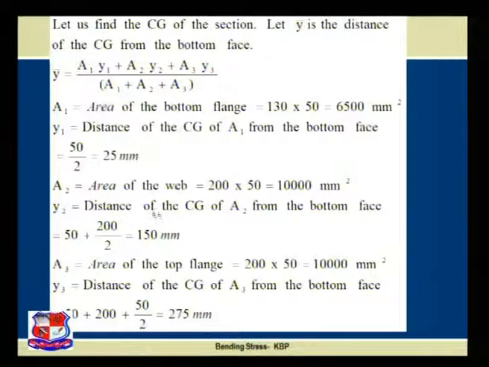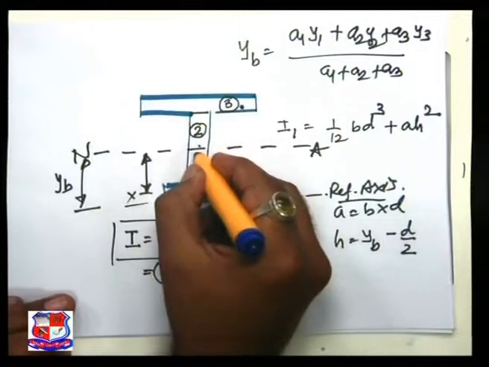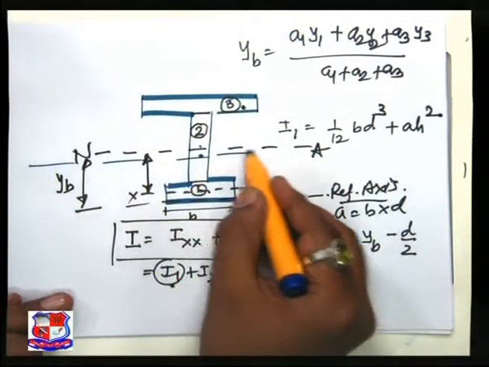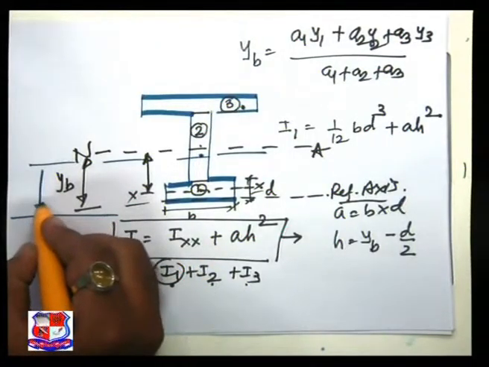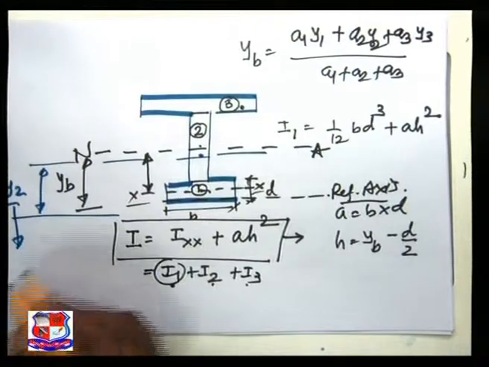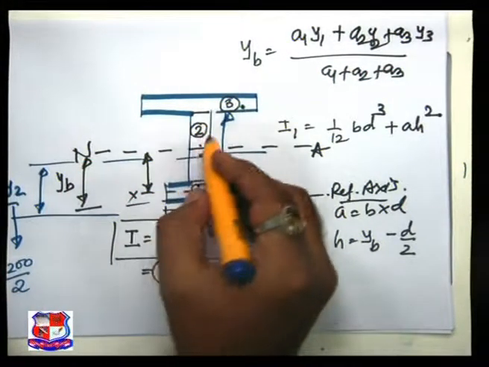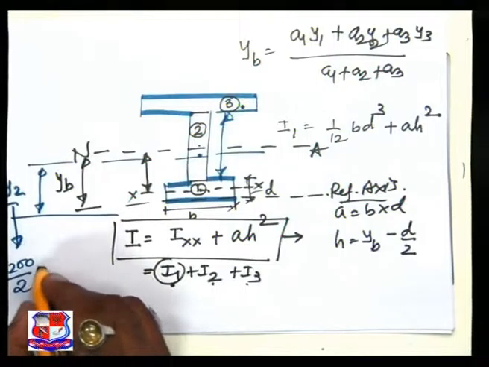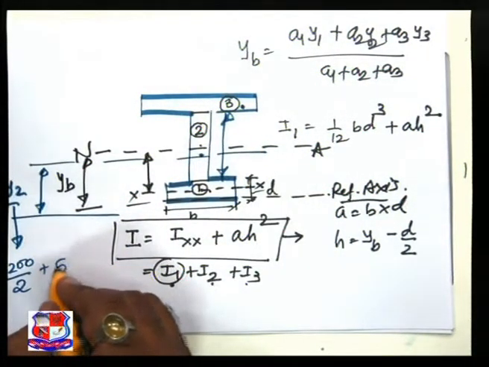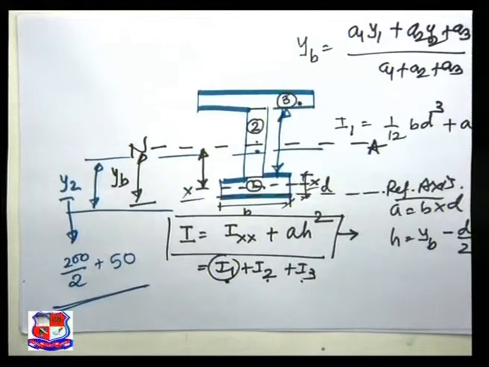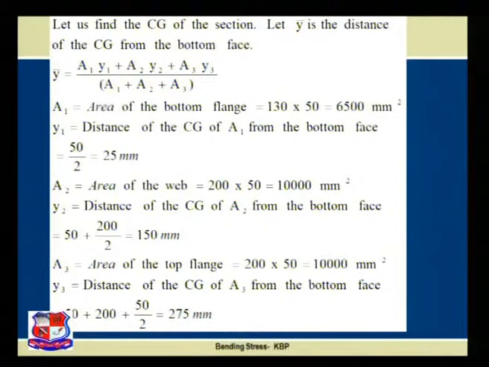Y2 is the distance of the CG of A2 from the bottom face. Please refer to the meaning of Y2 when we find the CG on this particular tabletop. If this is the CG for this web, then refer to this one. This is the bottom face. This is my Y2. What is Y2? This available width, that is 200, divided by 2 for the CG, this is this distance, plus the thickness of the bottom flange, 50. This is our Y2. If you want to refer, this is our Y2 on this PPT. So it is 200